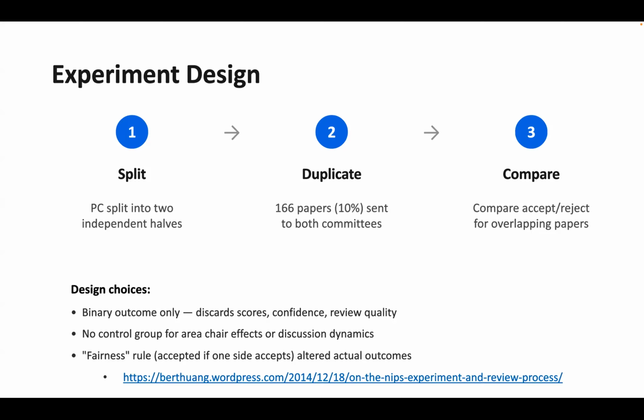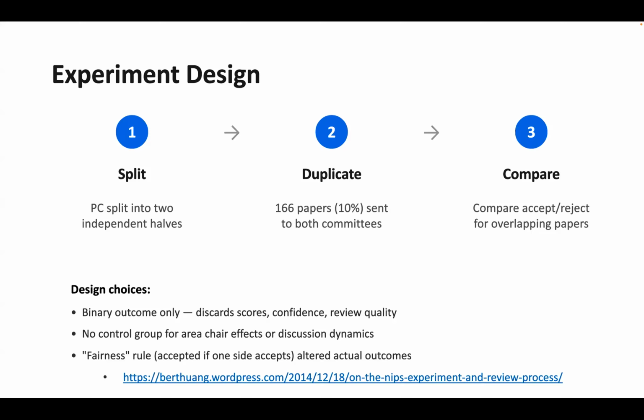And finally, this is interesting. I actually stumbled upon a WordPress blog from one of the area chairs that says that in the experiment they have actually independently separated this entire community into 2 different forms. It gives an image that there are 2 big halls and 2 separate communities sitting there, but that's not the case. Usually there are around 90 to 92 area chairs, and they all work independently, and the reviewers can get papers from both halves of the split, right?